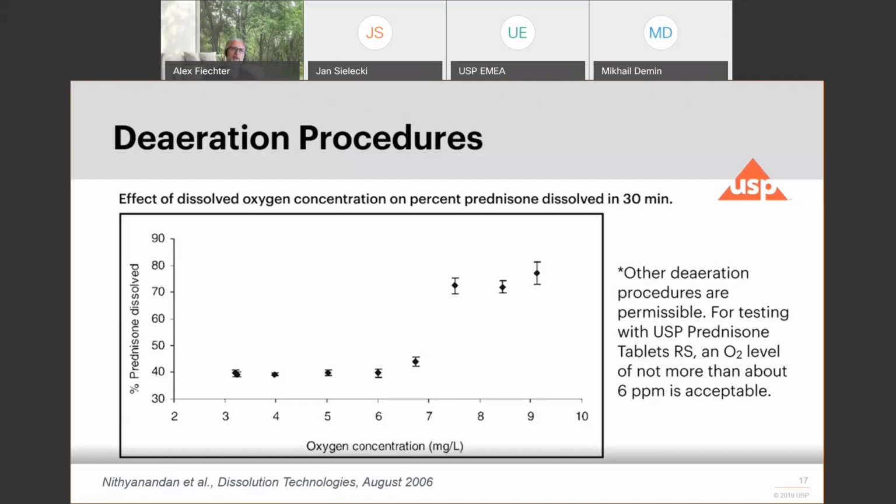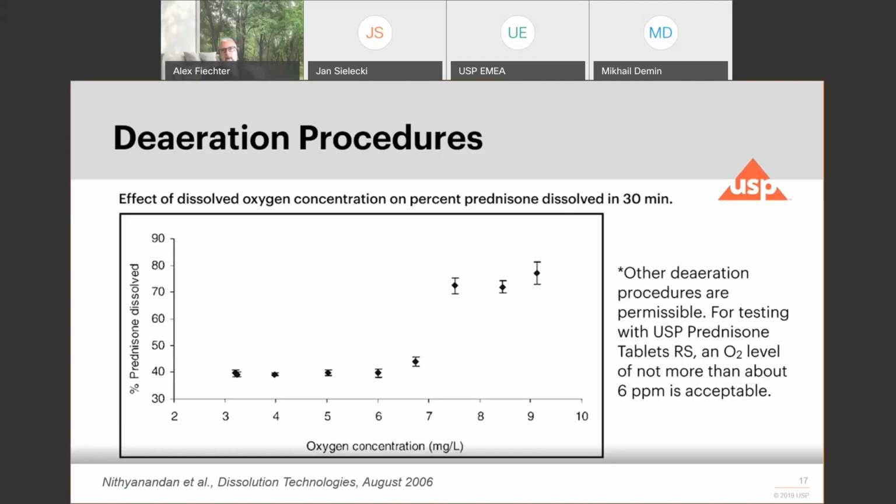When you look at this chart, the left-hand side percent dissolved and oxygen concentration to the right will result in the normal, after 30 minutes released concentration of your sample prednisone.